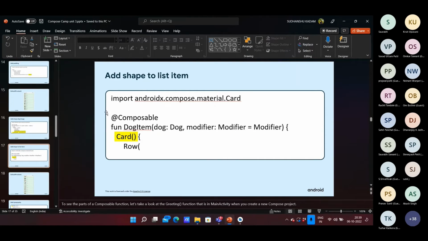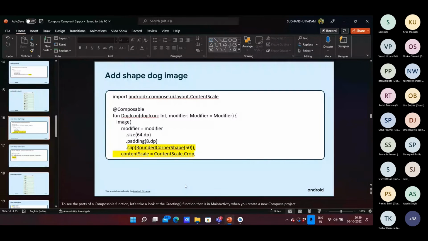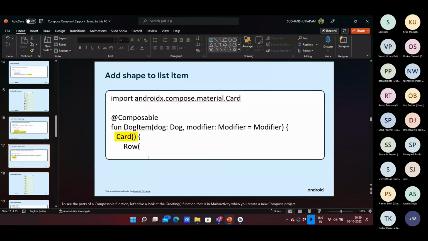Like you have multiple rows over here, right? If we use this round corner clipping function, you will have to write it for each and every row, so that will be a little hectic. So we can use the card function over here, and just use all your